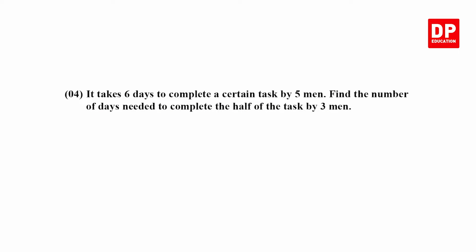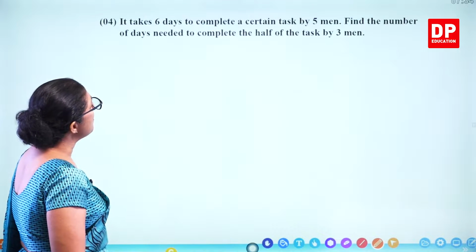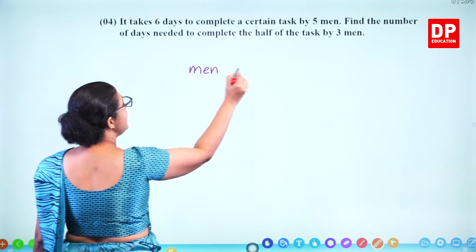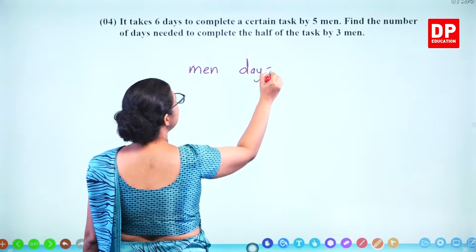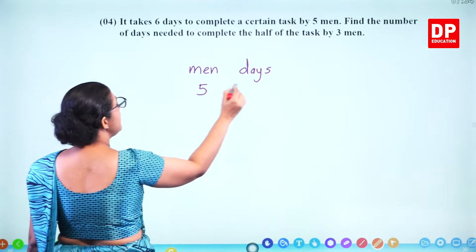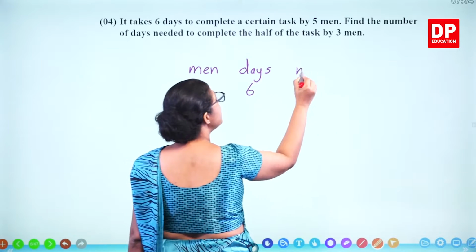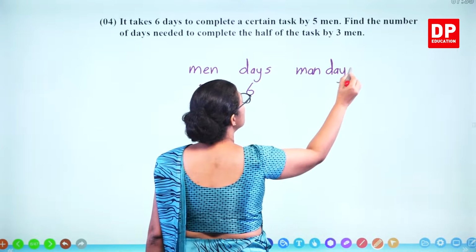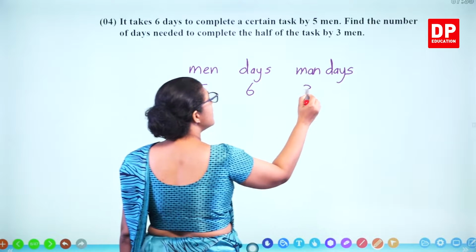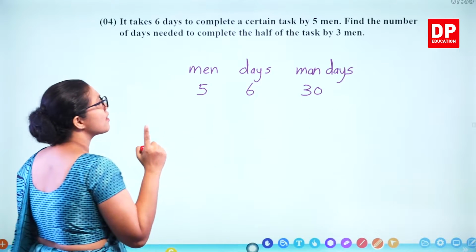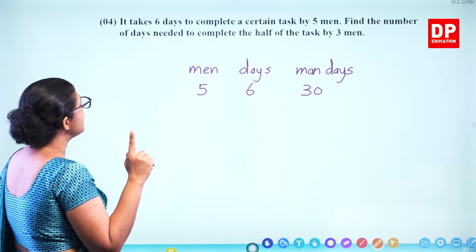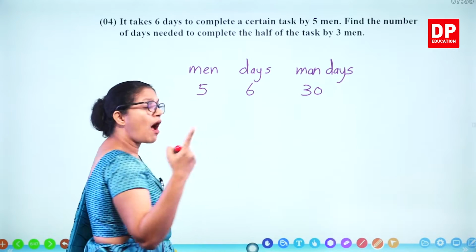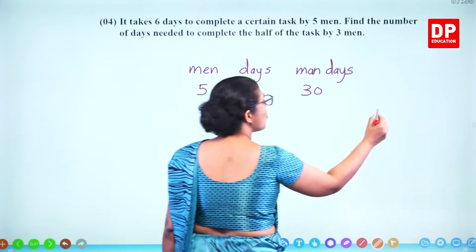Question number 4. It takes 6 days to complete a certain task by 5 men. Men and days. 5 men, 6 days. So how many man days are there to complete this work? 6 times 5, 30 man days. Find the number of days needed to complete half of the task. So what is half of the task? 30 times half,